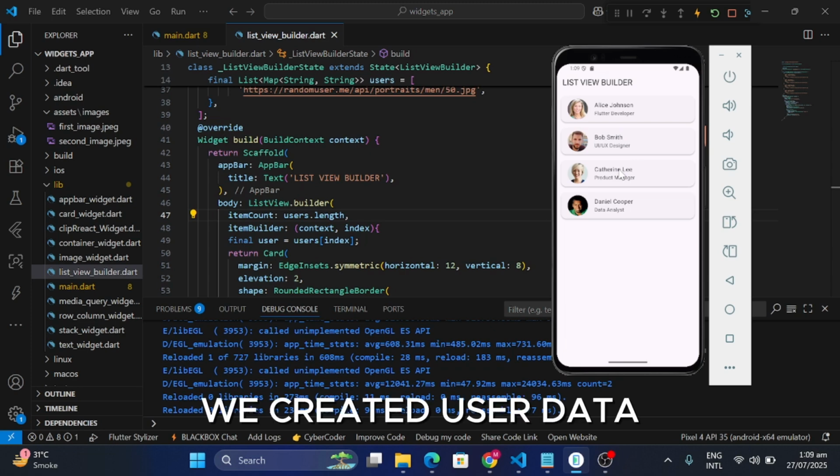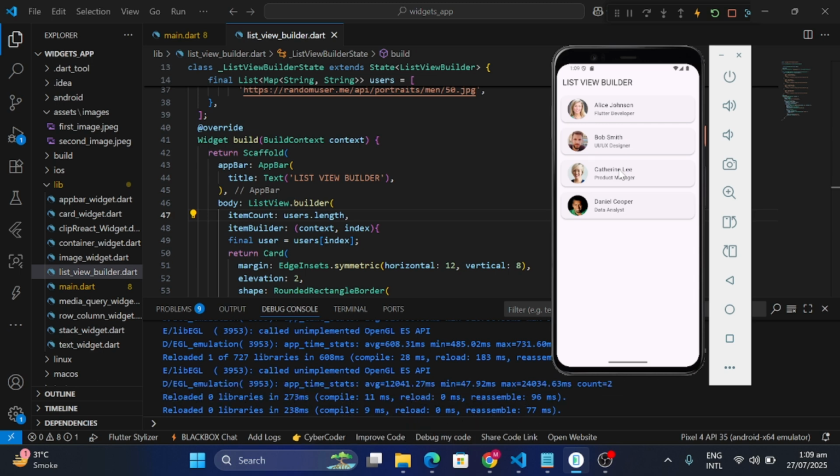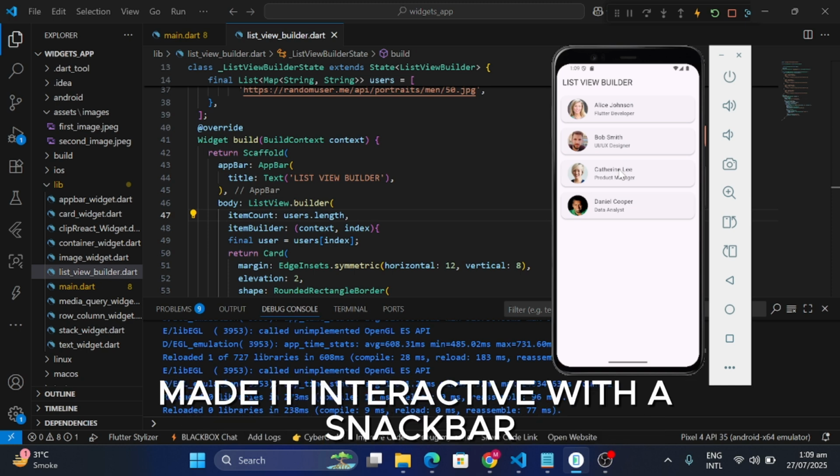We created user data, used ListView.builder to build a dynamic list, styled items using Card, ListTile, and CircleAvatar, made it